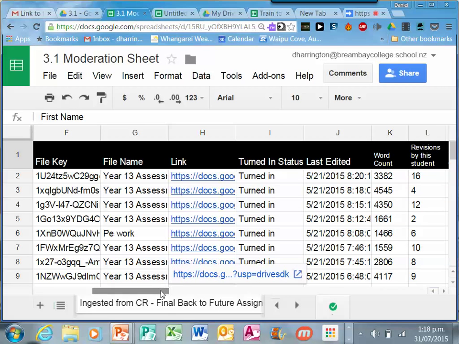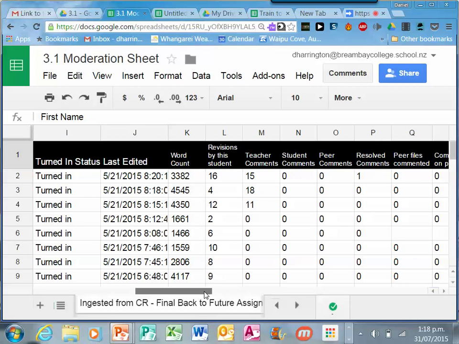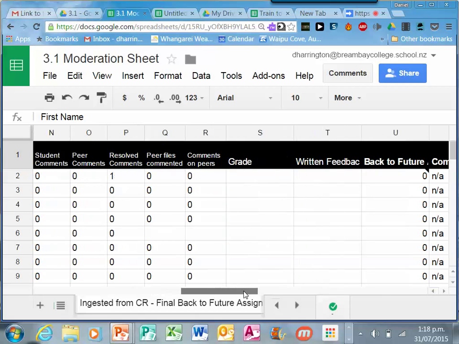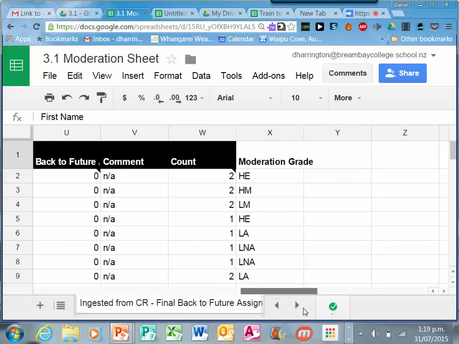Then we go through. Okay, so if you wanted to do this, so you started off an assessment and you had 5 different times you could take it in, you could make comments on it, then they can work on it again. You can put comments on it, so it lists all that kind of stuff here. Okay, and then it should have the final grades here. Okay, so they're all listed there with the comments that you can see, and you can share that with